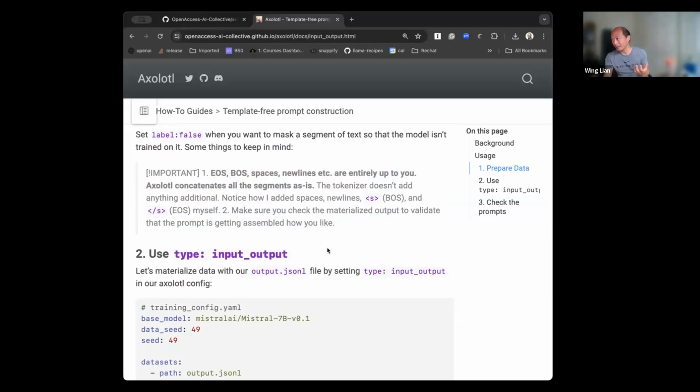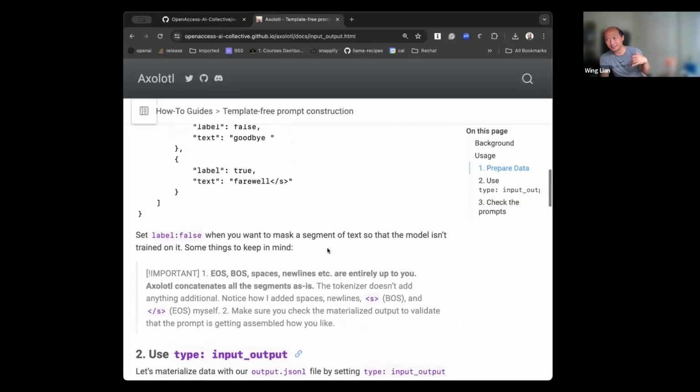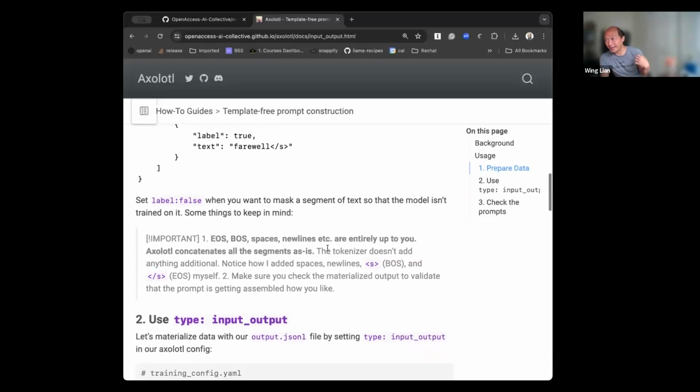But I think for some people, once you've landed on something, this can be very valuable. And it's very common on some platforms where you've already got input output turns, just the input data and the output data. It translates very well to the old OpenAI format, I think, where they had inputs and outputs as well.